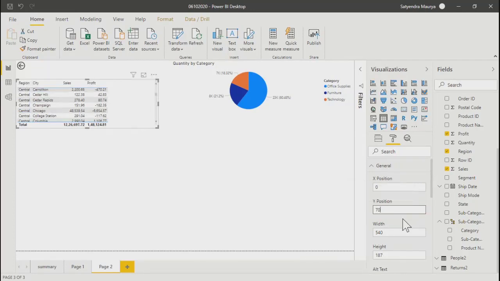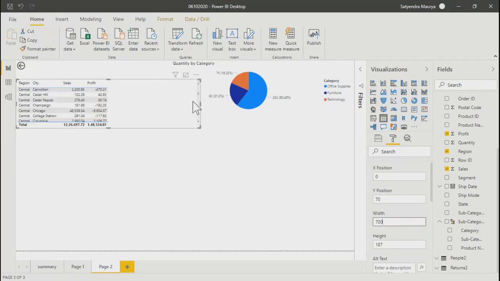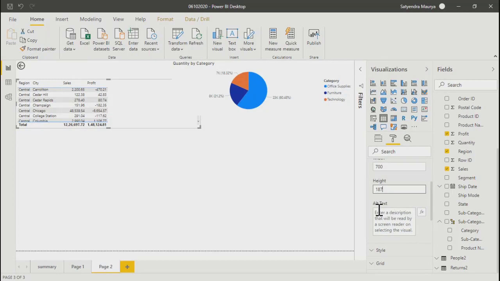Okay, fine. So you are able to put some number. Whenever it goes beyond the limit, it says that the number is too high and it shows in red color. Width wise, you can increase this width. So maybe it's 540, we can make it 700. See, the width of this control has increased. Similarly, the same goes with height.